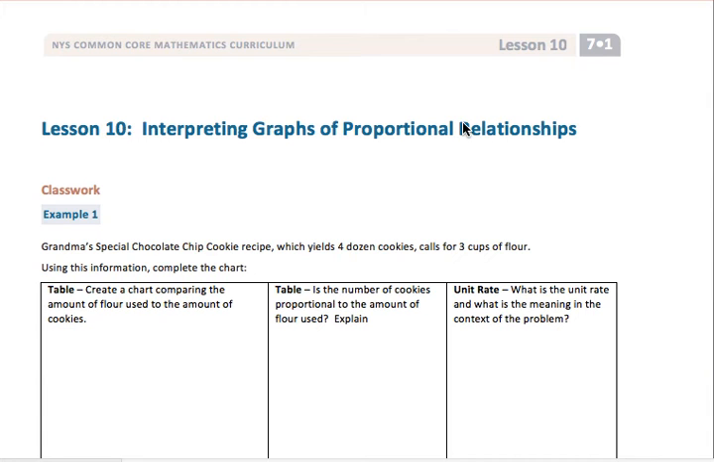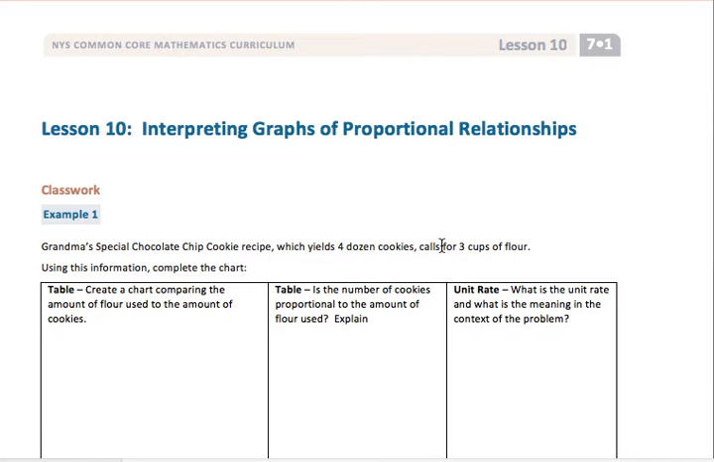In Lesson 10, we're going to interpret graphs of proportional relationships. So we're going to put together some of the things we've done in past lessons. Example 1 shows Grandma's special chocolate chip cookie recipe, which yields 4 dozen cookies and calls for 3 cups of